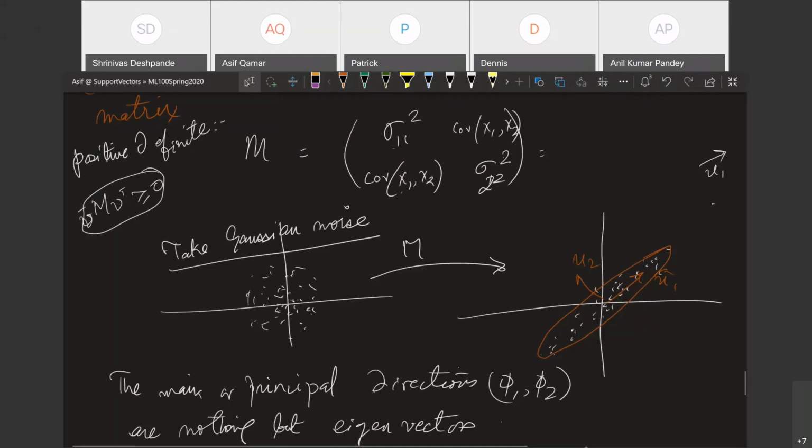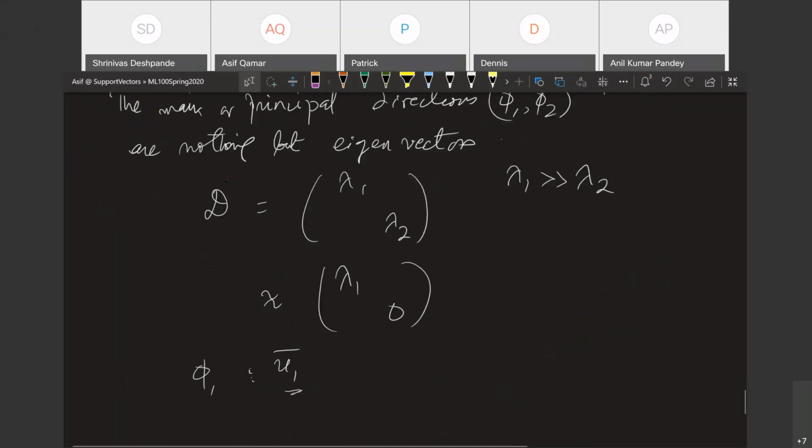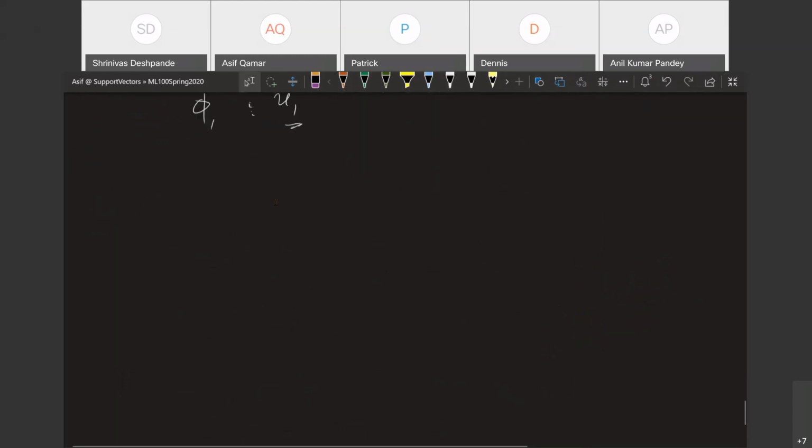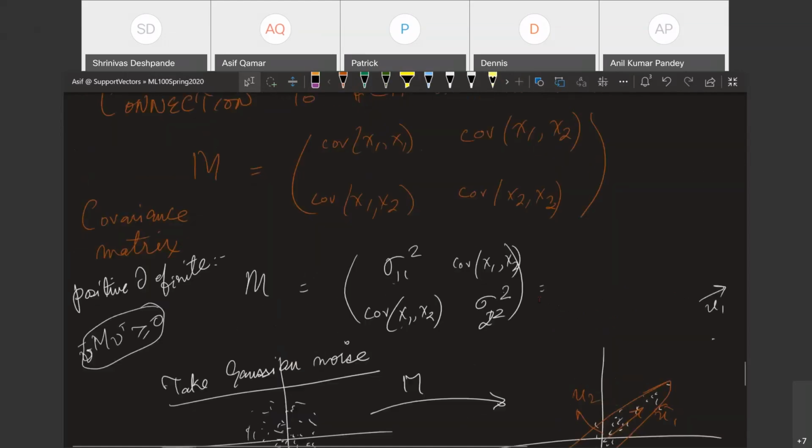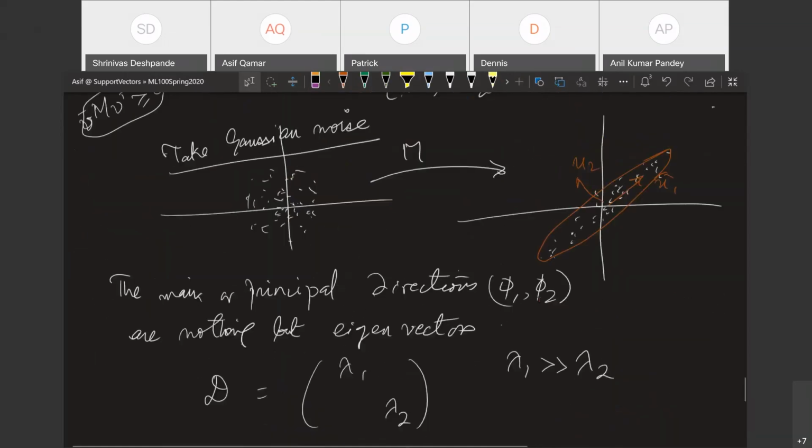Now you say, well, that is all lovely. What can it do? The beauty comes when you do an eigenvalue decomposition. You get lambda 1, lambda 2, the scaling across two dimensions. One of the factors may be much bigger than the other, so you can set the other factor to 0. Because of that, you have reduced the dimensionality of the problem, essentially ignoring some irrelevant dimension. For example, in this picture, U1 is quite relevant, but U2 can be ignored because its scaling factor is very small.